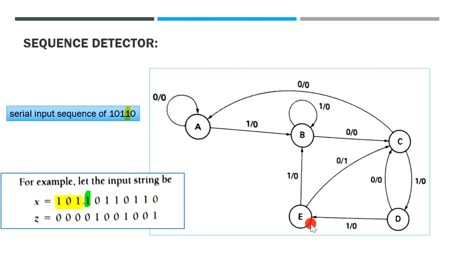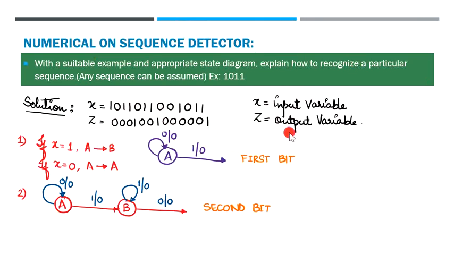To better understand, let us look into further examples and we will be easily able to get through this particular understanding of how these numericals are solved. So here is another example which says, with a suitable example and appropriate state diagram, explain how to recognize a particular sequence. We can assume any sequence, but in my case I have assumed this sequence 1, 0, 1, 1, and the state diagram I am considering to be having a single input variable which I will represent as x